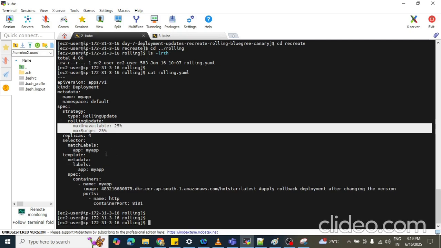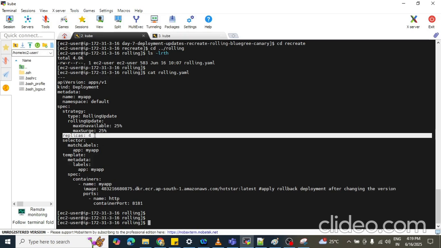So next, what is replicas for? It means the deployment controller keeps 4 pods running that match the template. Okay, 4 pods will run here.